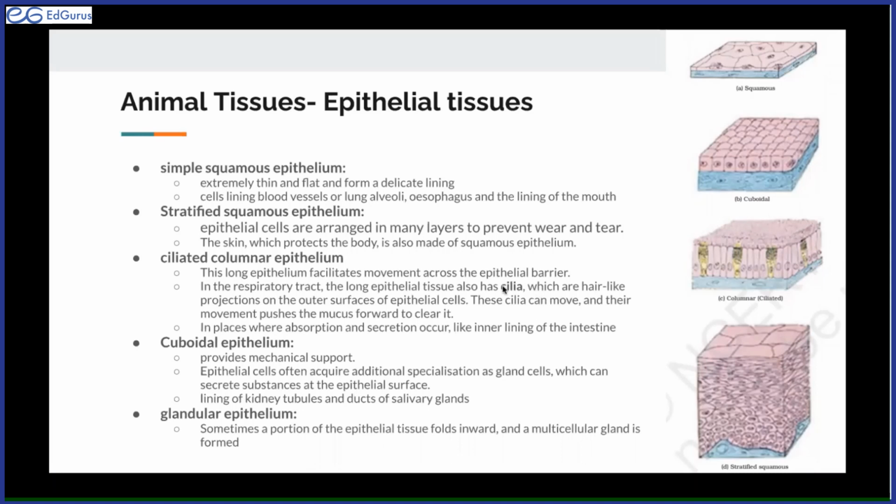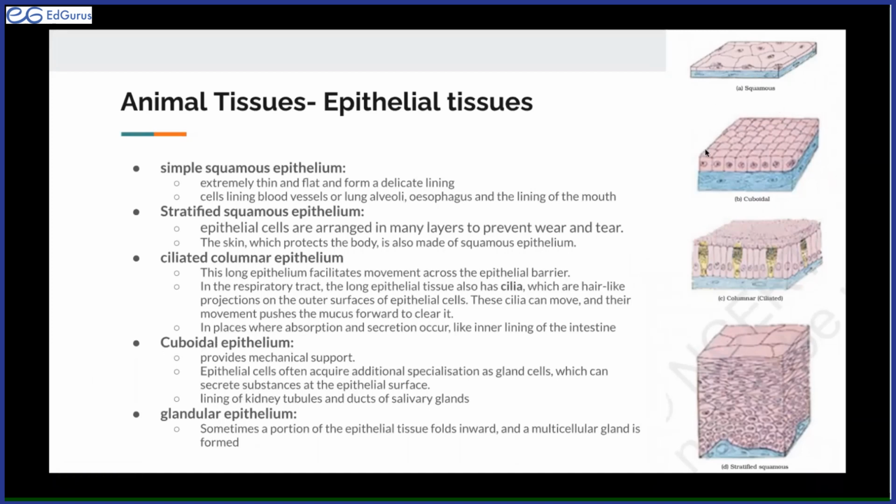Okay, through cilia. Now, I know this is a little bit complicated, so if you don't understand, let me know. But I can explain it again if you want. Basically, on top of this layer of epithelia, we have this thing called cilia. Cilia are small hairs that help in the movement of substances on top of this epithelia, on top of this tissue. Okay, and basically that is it. That is how to put it simply. This type of epithelial tissue occurs in places where there's absorption and secretion, such as the inner lining of the intestine. So that is the third type of epithelial tissue. Now, the fourth type would be cuboidal epithelium.